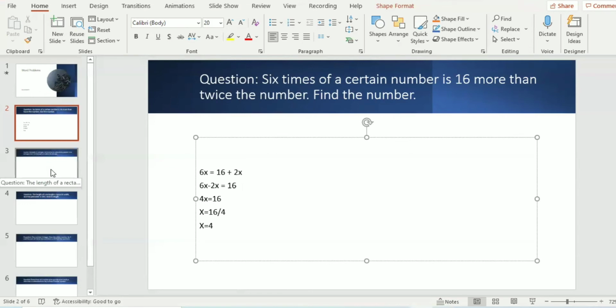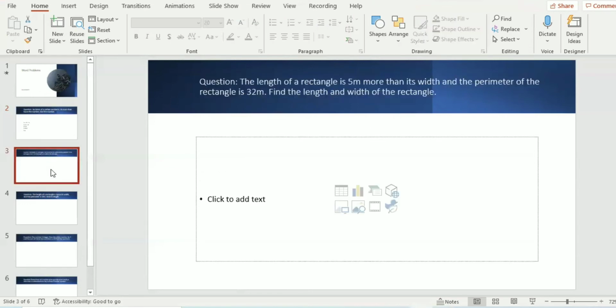Now our next question is: the length of a rectangle is 5 meters more than its width, and the perimeter of the rectangle is 32 meters. Find the length and width of the rectangle. So here again,